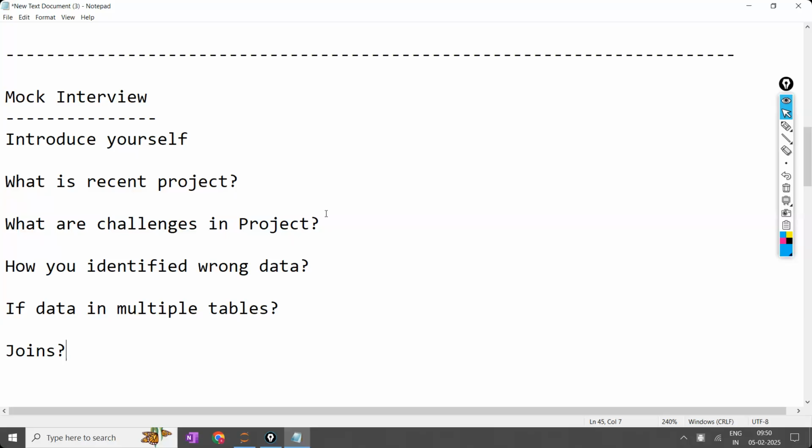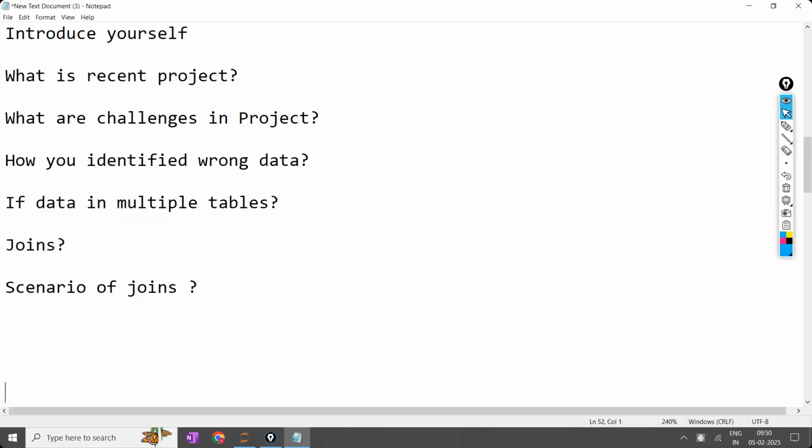Tell me a scenario where you'll use left join. Tell me a scenario where you'll use the inner join. First, an example of left join. So I have the transaction data. So let's say it will update every week. So I will use left join. So the original table, you can say, is already the past data. Okay. So whatever data it is updating, in that I will use left join. Okay. Inner join.